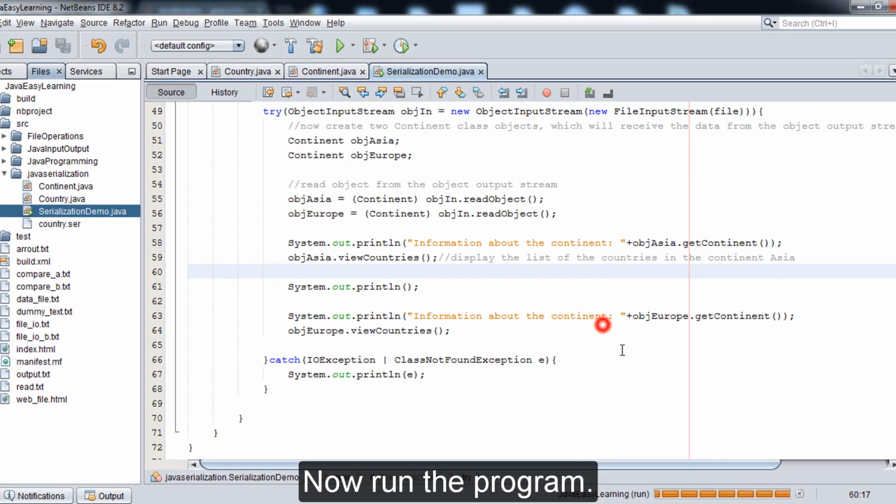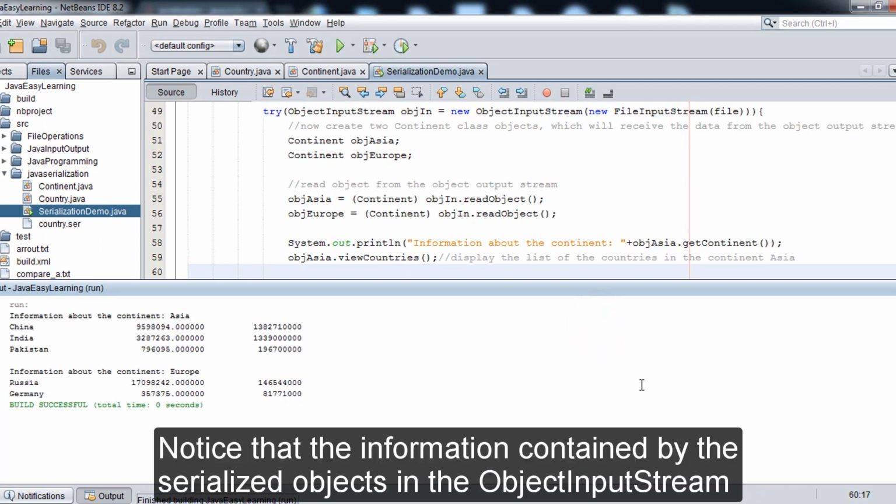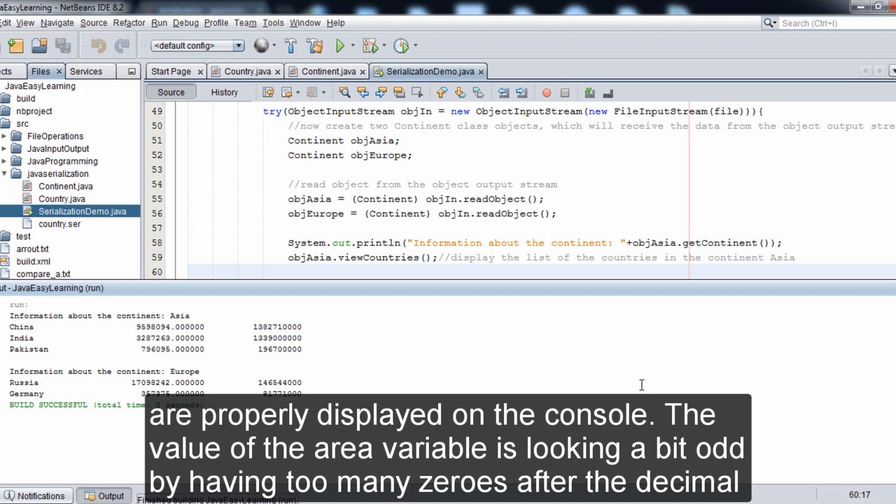Now run the program. Notice that the information contained by the serialized objects in the ObjectInputStream is properly displayed on